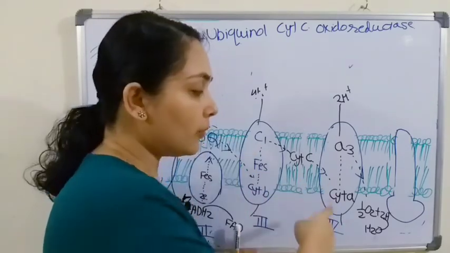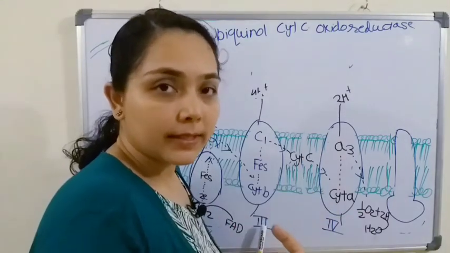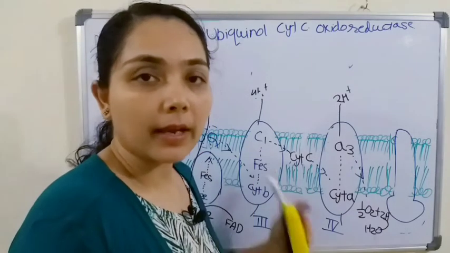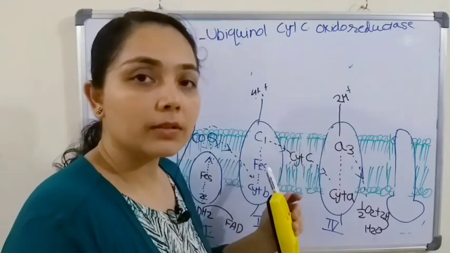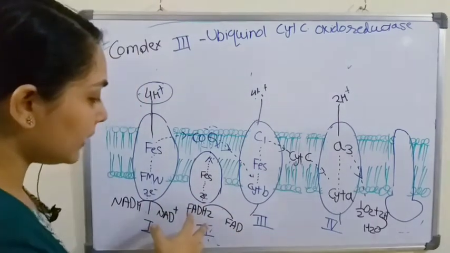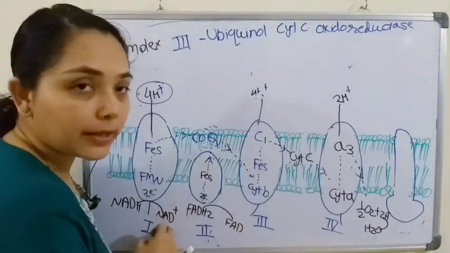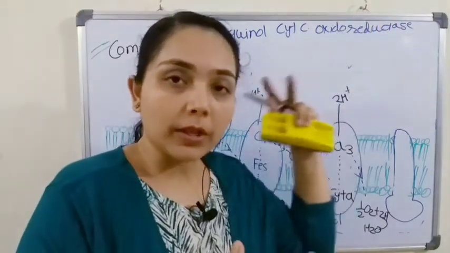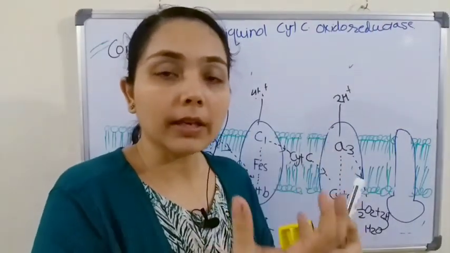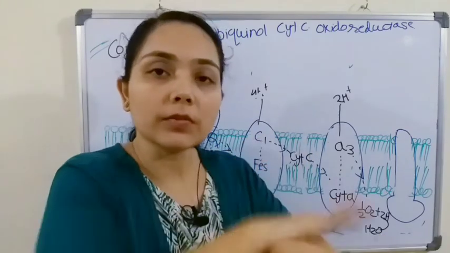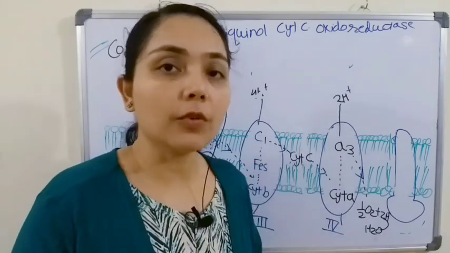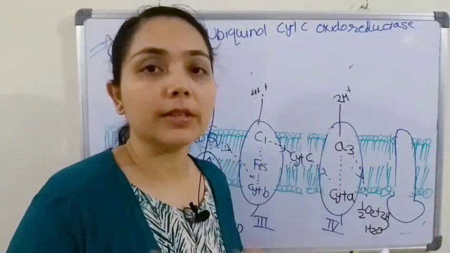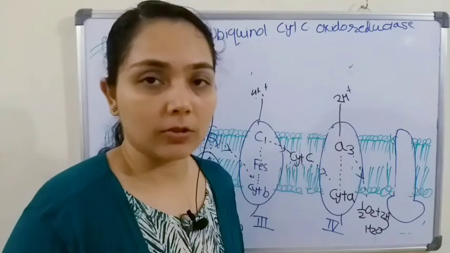So the oxygen is also known as the final acceptor of the electron transport chain. From here you can easily see how important oxygen is. If oxygen is not available, this cycle will not take place. If this cycle does not take place, we will not get FAD or NAD again. If FAD and NAD are not available, then during the various catabolic processes we will not have the electron acceptors, so all the processes will stop. Therefore, in aerobic respiration, oxygen is very important because it is the final acceptor of electrons.